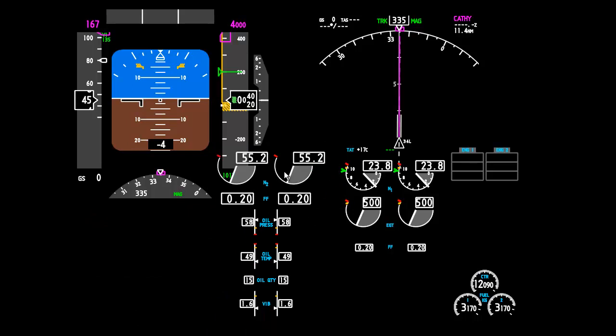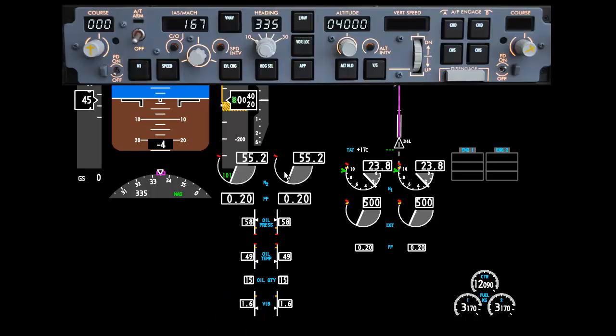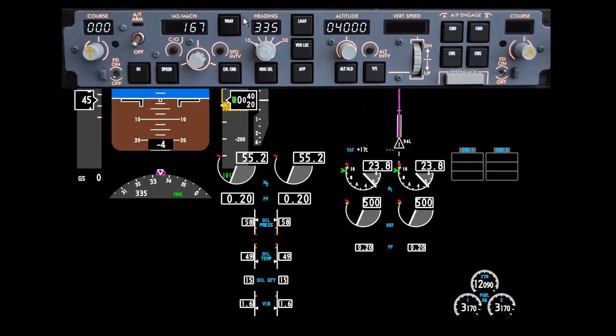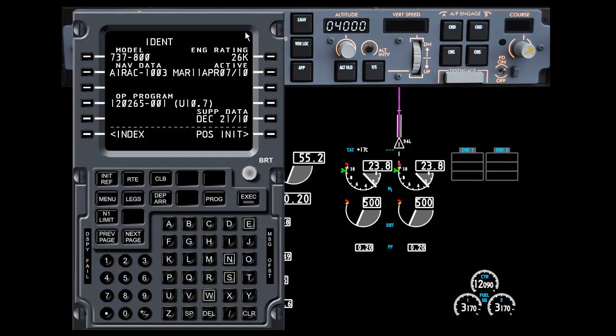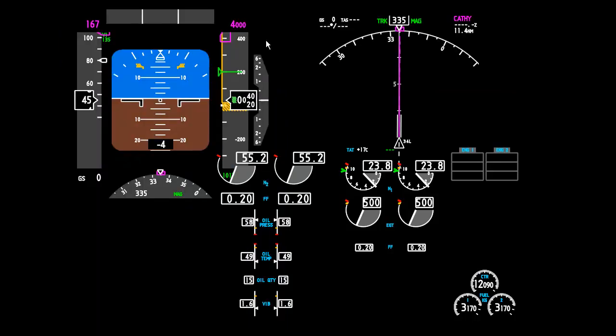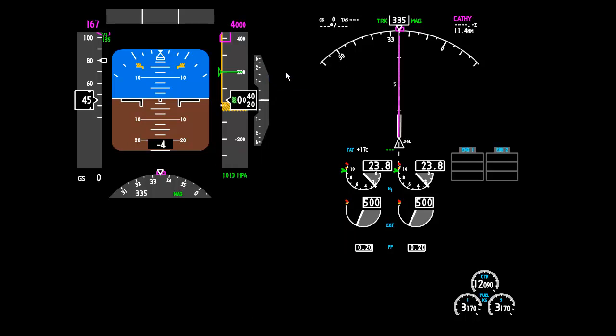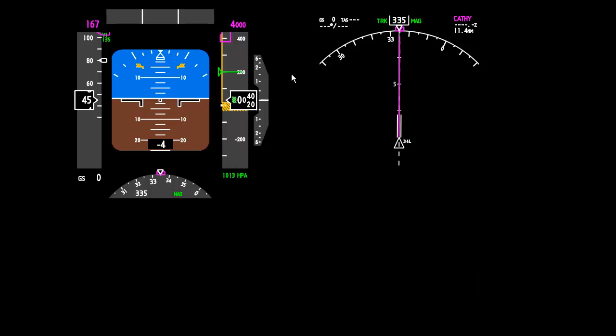Those are the four main displays, along with the mode control panel, which can also be moved around the screen. And the last one is the flight management computer. I'll go into detail later on with these in other tutorials, but for now, let's just take a look at this overview. I'll just declutter the screen by turning off the other displays and